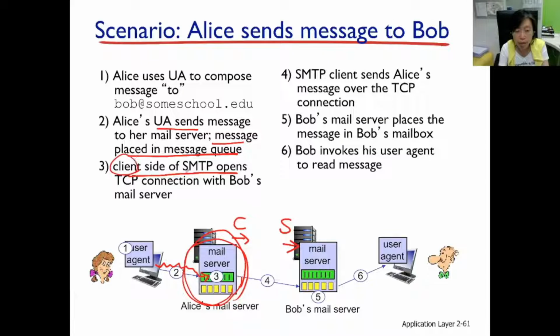The client side of SMTP will open up a TCP connection. Once the server allows the connection, the client can begin sending Alice's email. The email will travel, and Bob's server will check whether the receiver is Bob, and therefore put the email into Bob's mailbox. Lastly, when Bob joins the internet and invokes his user agent, the agent, already pre-configured to connect to the incoming mail server, will fetch the mail messages, and that's when Bob gets to read the email.